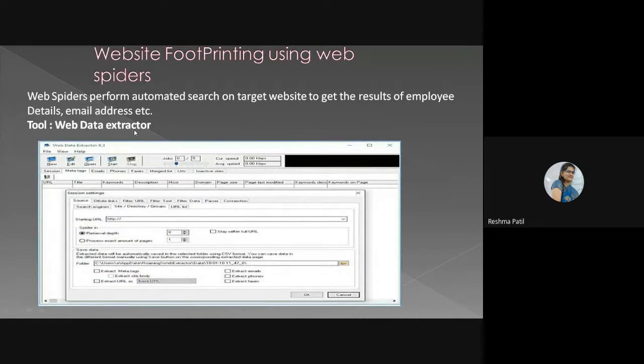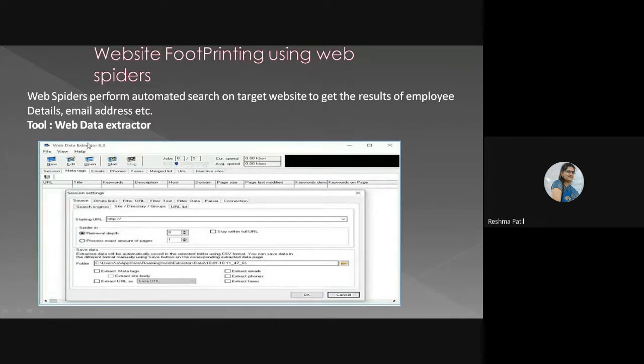This is a tool, Web Data Extractor. You can download this tool. In this tool, you can write your domain name here, URL name, and you will get more information about the target. So Web Spider performs automated search on the target website to get the result of employee details, email addresses, etc. So more personal information you will get from the tools.